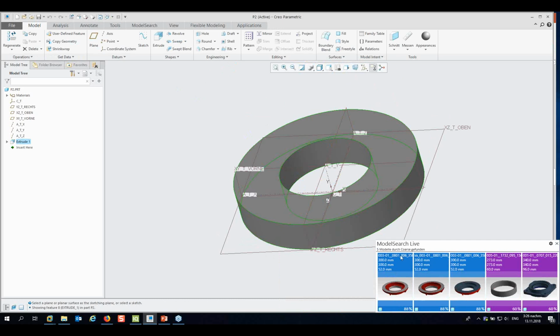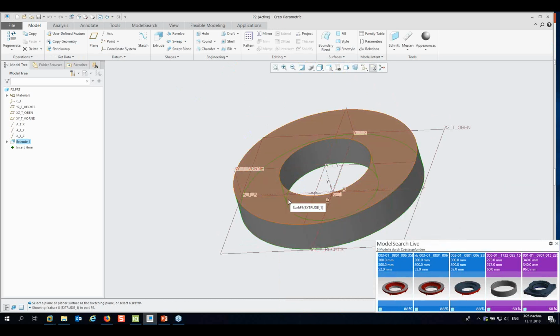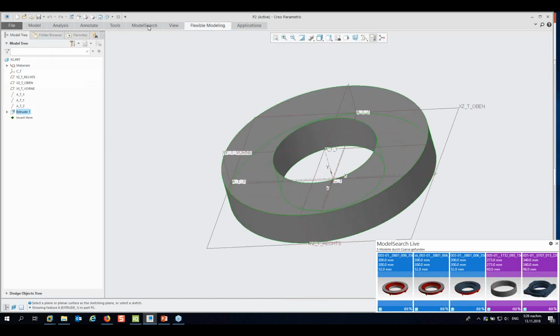Look at the same, the cores. So we have 300 by 300 and the height 52. I have created a part with 50. So we have similar parts. And exactly the same, if I switch here,